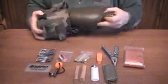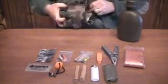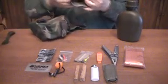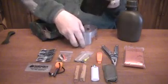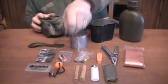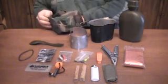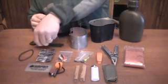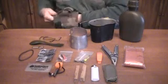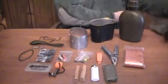Inside of the main pouch, I have my canteen, and I have my cook stove, and my cup. I have a spork. Here's some wire that can be used either for traps or as cordage. I have a small GI can opener. And then last but certainly not least, I have a boil lid,